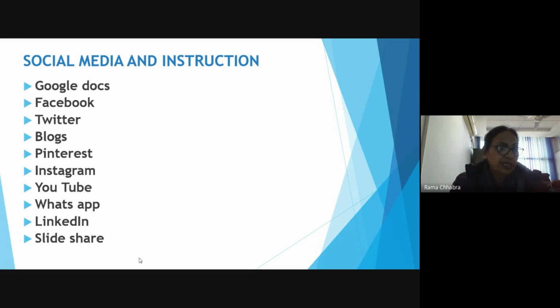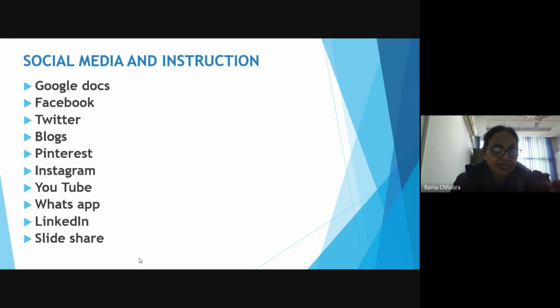WhatsApp groups are created for sharing information about class assignments or other institutional events or maybe some other announcements. I think one of the participants had also said, I think this is the most commonly used by each one of us. LinkedIn social media is also a medium where students can establish beneficial connections for their careers, such as